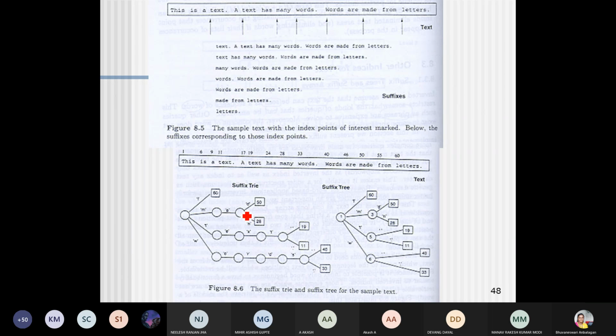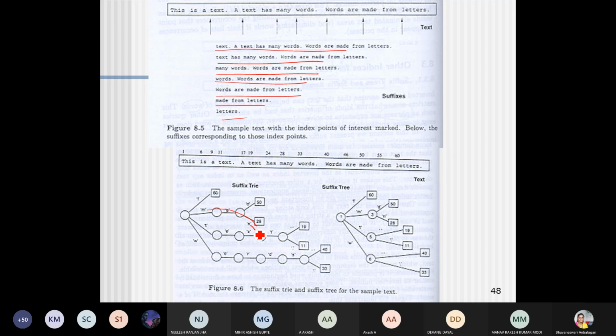You see over here, this is going to be the text. I will create the suffixes for all the text and check whether there is any common pattern between the text, and I will create it as a suffix tree. If you look over here, I will number all the words available in the suffix tree, L M N R W A E O. These are all the words, which are going to be many.